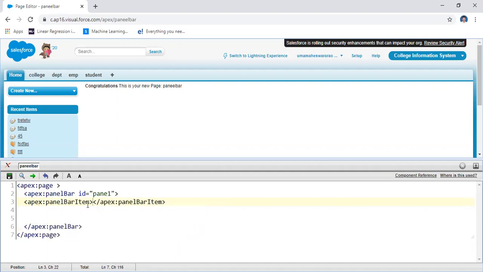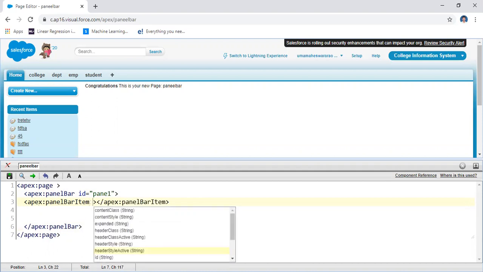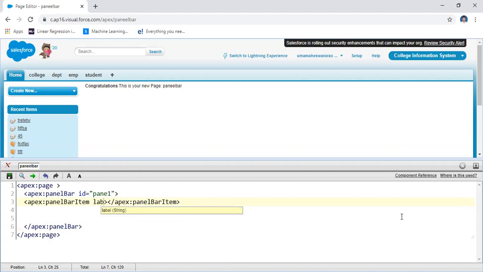The panel bar item consists of a label. For example, item 1. Label returns a string type. For example, the first item I am writing is item 1. The label is the particular content you are writing here. What is the content here?